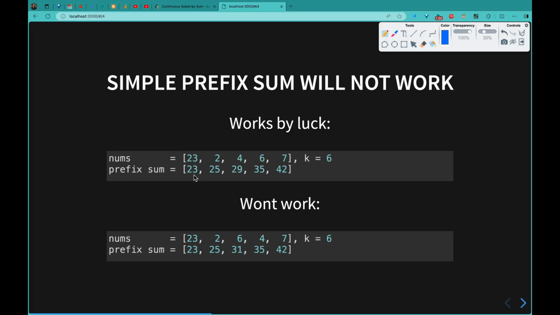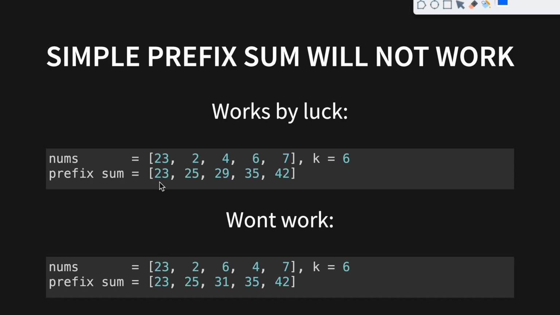Then the prefix sum will be 23, 25, and so on. So we can see that the difference between two elements like 23 and 29 is 6. So that means we have found our answer, and we can return true in this case because the index difference is at least 2. So in this case it works,